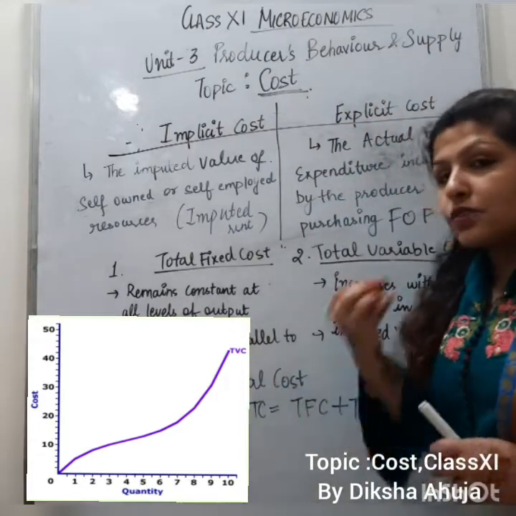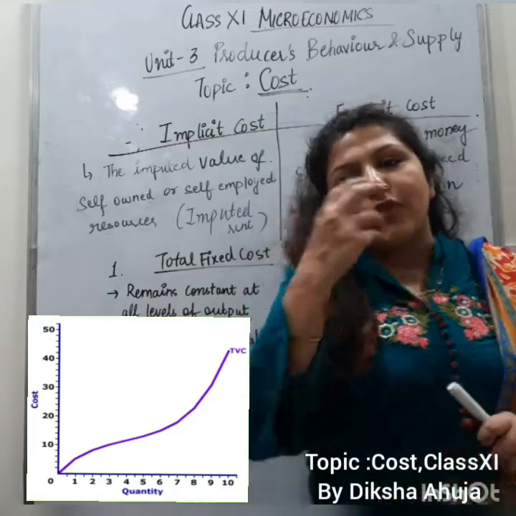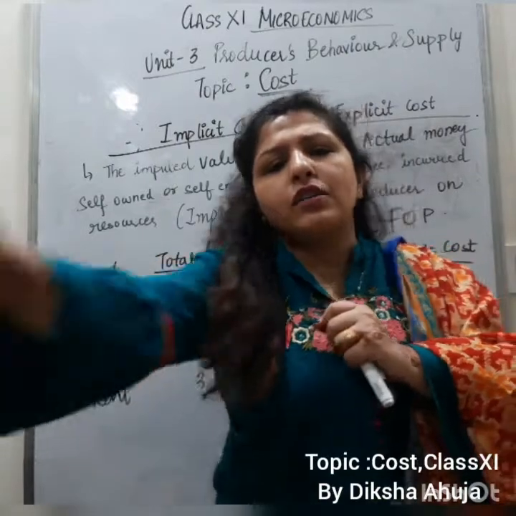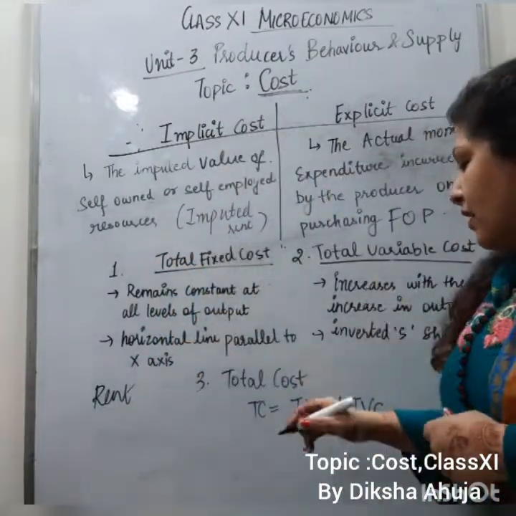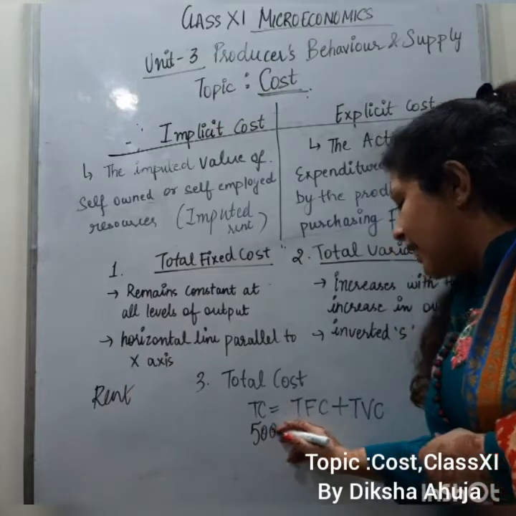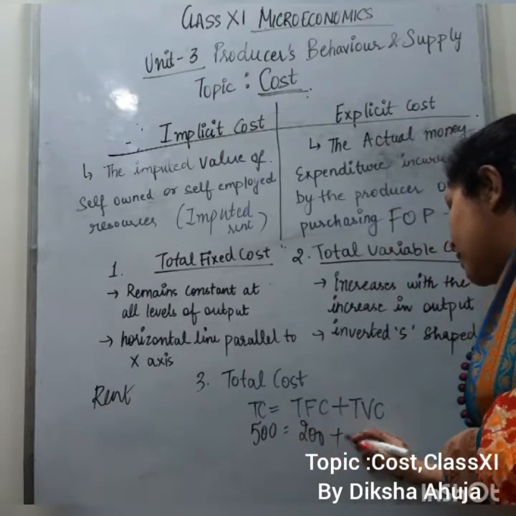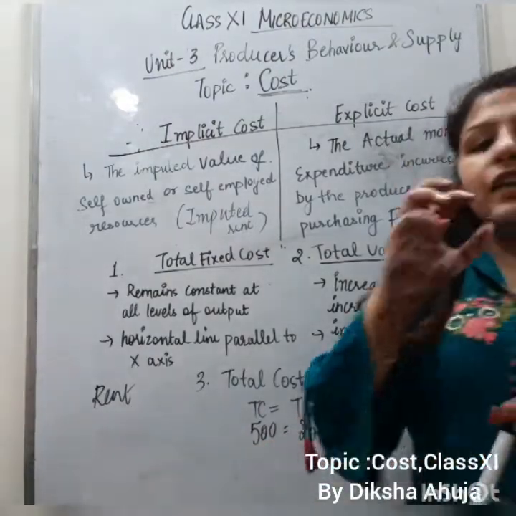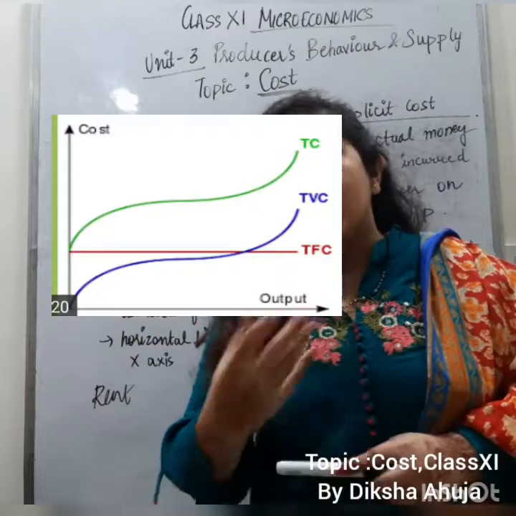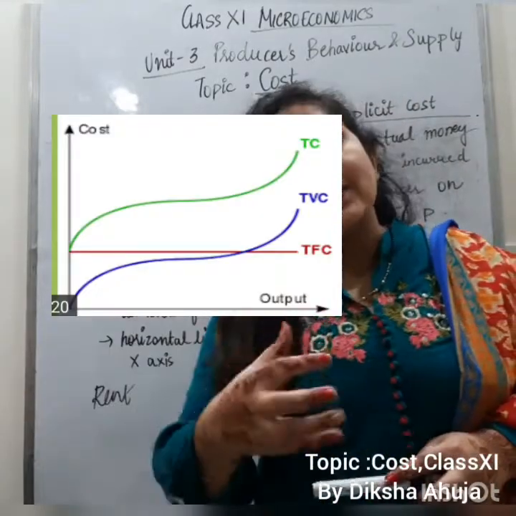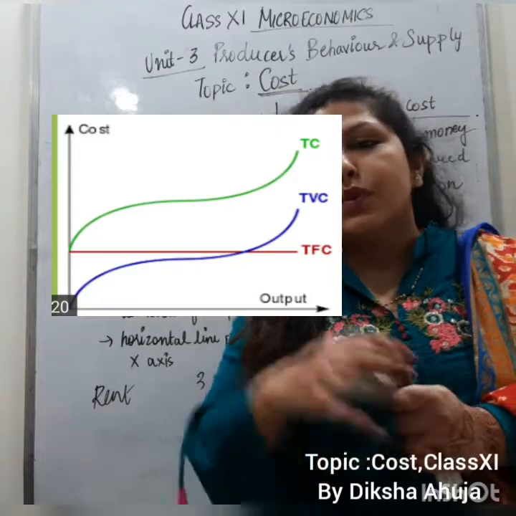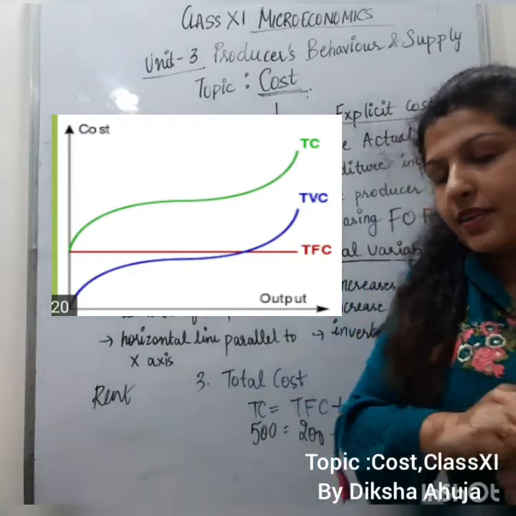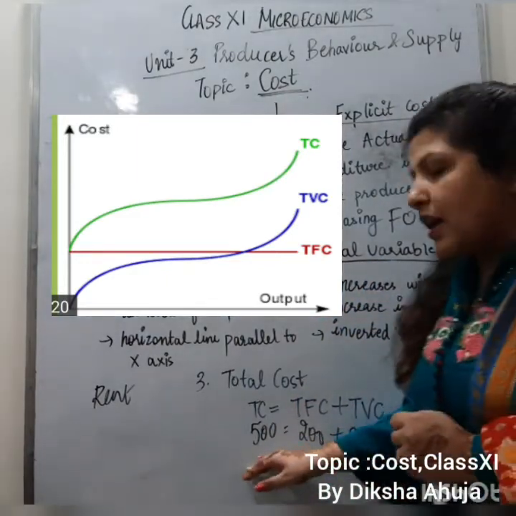Now let's talk about the third, which is total cost. Total cost is the sum of total variable cost and total fixed cost. When I calculate कि कितनी पूरी cost involved है, right? Let's say out of this 500 मेरी cost लगी है. Let's say total fixed cost 200 थी and variable cost whatsoever is 300, right? So total cost for producing that units of output, let's say 10 units or 20 units, is fixed cost plus variable cost. अगर तुम्हें total cost निकालनी हो तो what you do? Rent plus salary of the employees plus raw material cost plus everything, or electricity cost. So all the costs added is known as total cost.